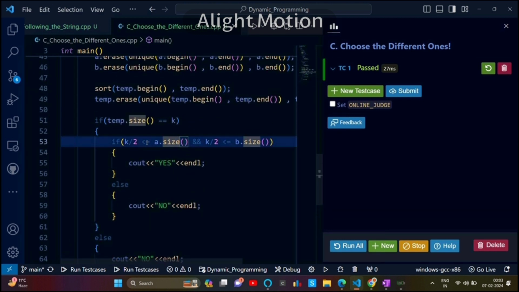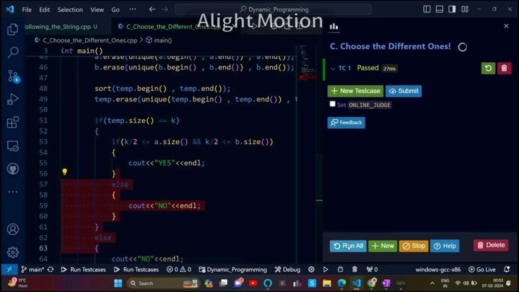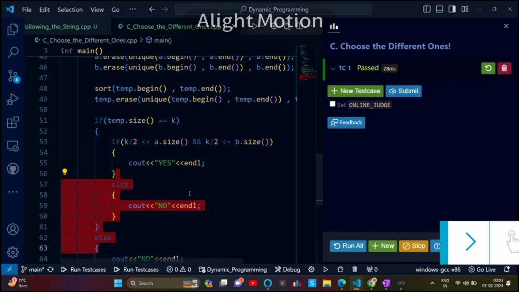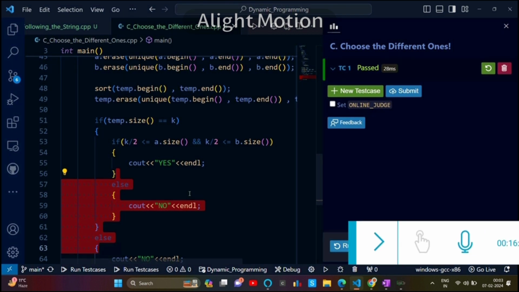Similarly, this was the condition given in the question, so I applied that and got the output. So yeah, this was an easy question. This is how we